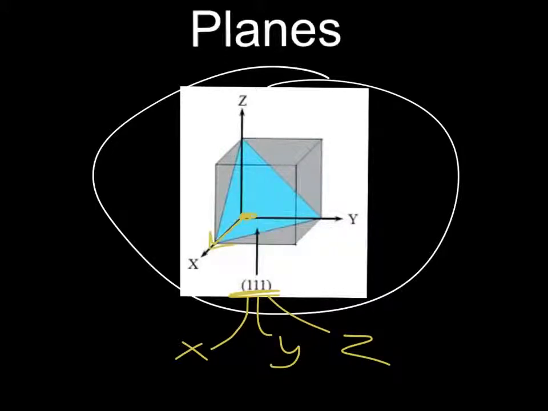and we move out 1 full length of the unit cell in X for a 1, move out 1 full length in Y, and we move 1 full length in Z for this Z coordinate. And when we connect each of those points, we have the 1